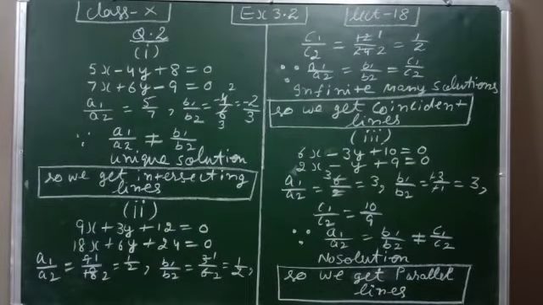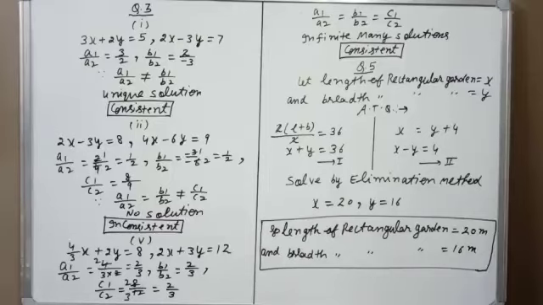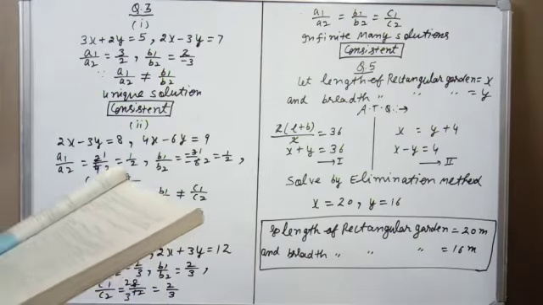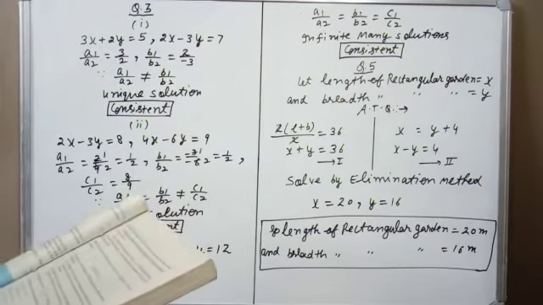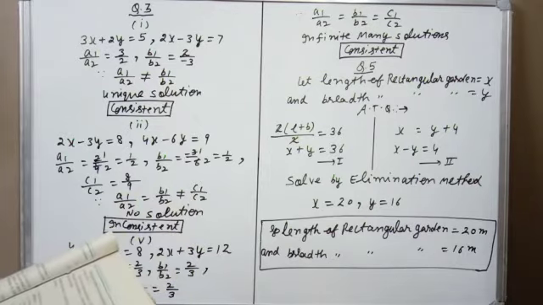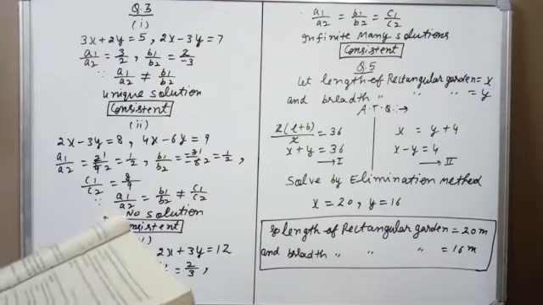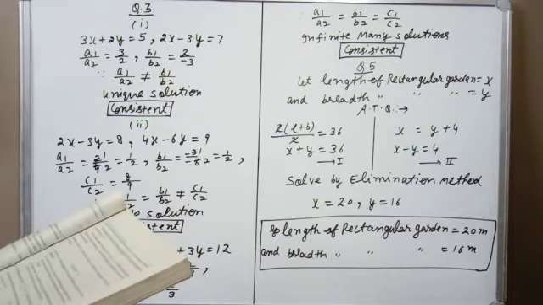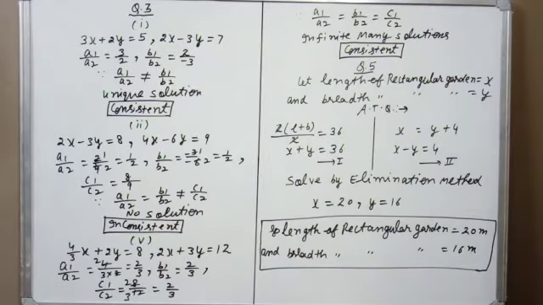Now we will solve one more question just like this question number second. So this is question number third. This question is also just like the second question. A slight change is there. What is the change? On comparing the ratio a1 upon a2, b1 upon b2, c1 upon c2. Here also we have to compare the ratios. Find out whether the following pair of linear equations are consistent or inconsistent. So this question has 5 parts. I will solve 3 parts. The rest 2 parts you have to solve yourself.